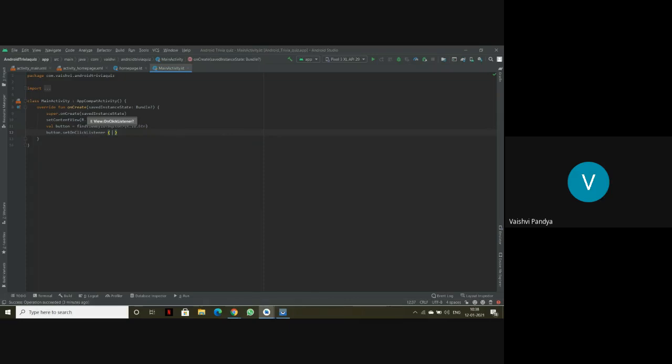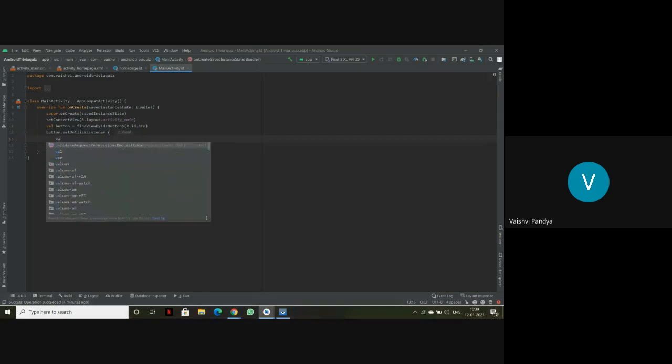But for this particular activity, for changing one page to another, you have to use setOnClickListener. Before that, we have used button because we are using setOnClickListener on a button. You can also use it on a radio button if you want. But here, as we have chosen the login button, we'll use setOnClickListener on button.